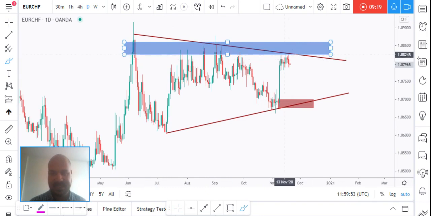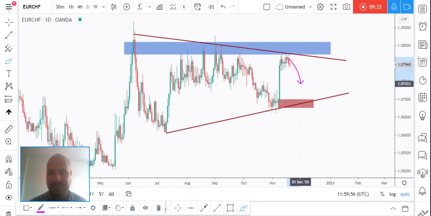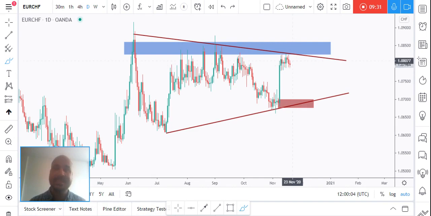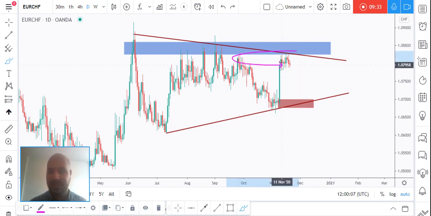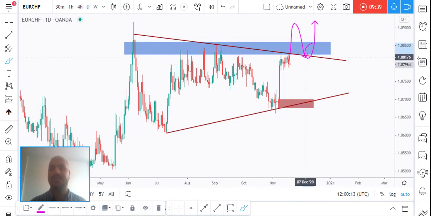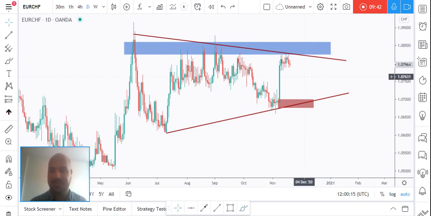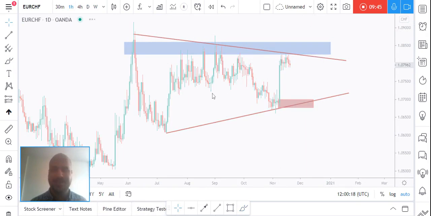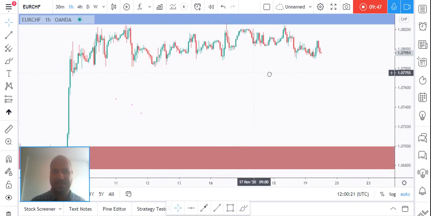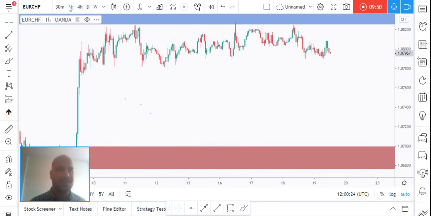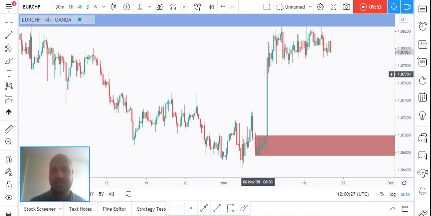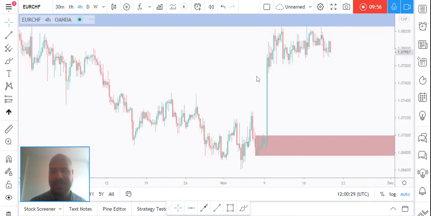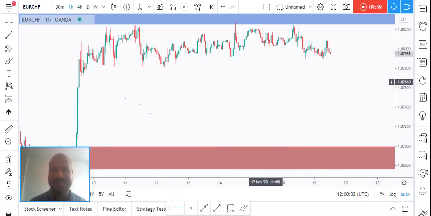And since price is sitting around resistance, as mentioned before, we will zoom into lower time frames and look for sell setups. If price goes up or if price forms a buy setup around here, we will not buy. We are only interested in selling Euro CHF for now around this area, unless price breaks it upward, then we'll be looking for buy setups as mentioned previously. So let's zoom in to lower time frames and look for potential sell setups. Here we go. As you can see from H1, or we can even start from the H4 time frame, but let's make it a little bit quicker,